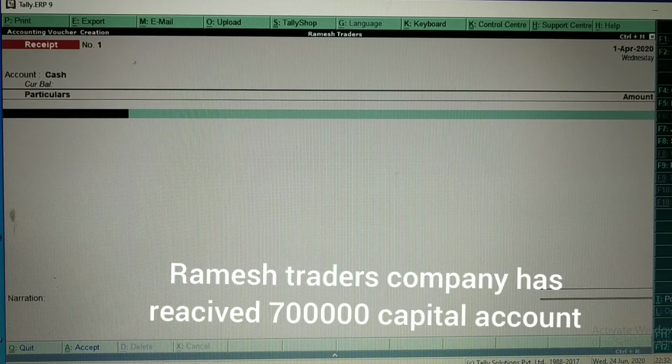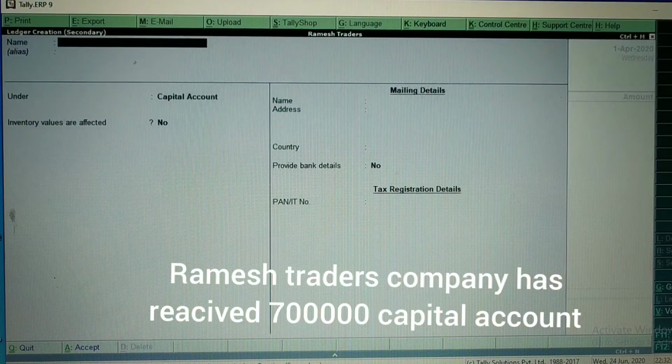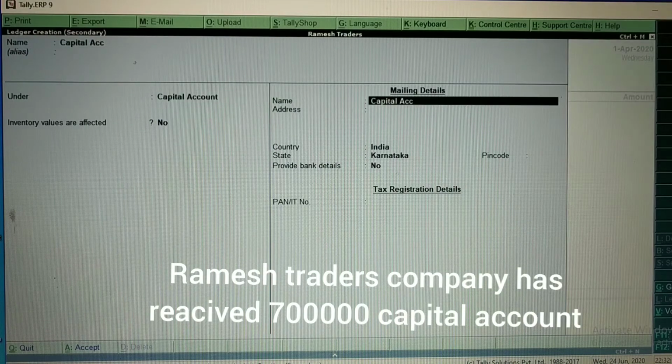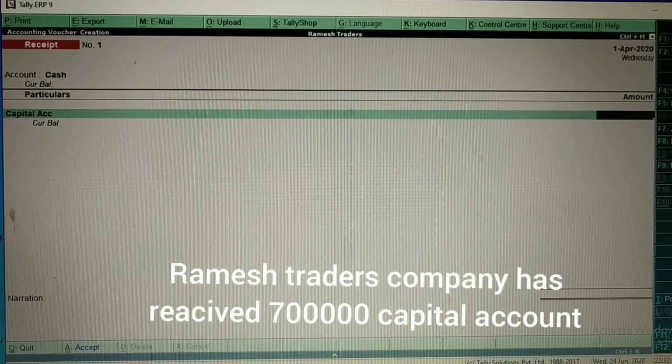So press Alt C to create the ledger directly here itself. Here what do I need to type? Capital account. The company is receiving capital account. So capital account is a ledger here, and it should come under the capital account group. Accept this. Automatically that capital account ledger will be displayed here.